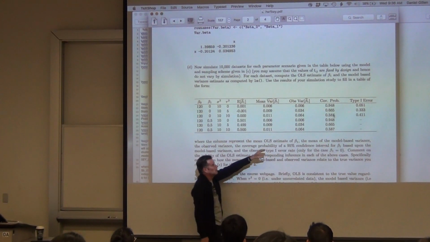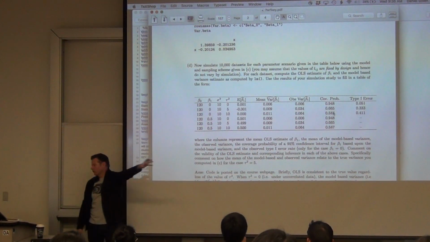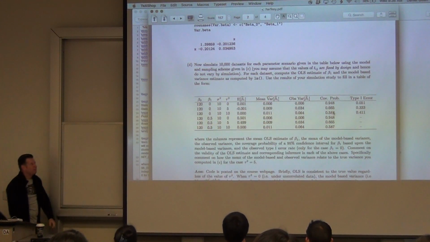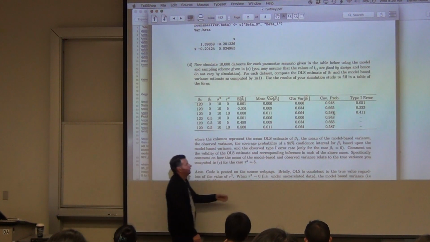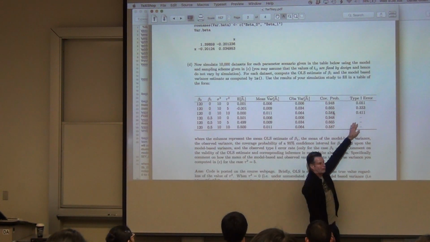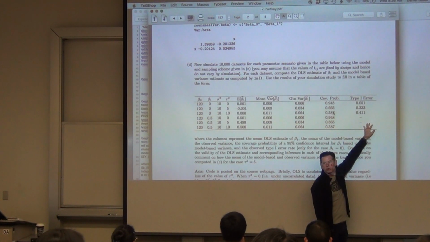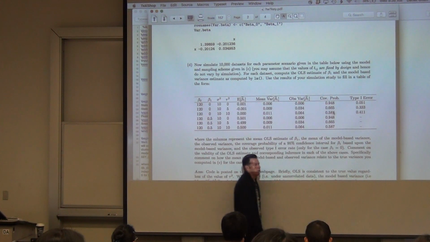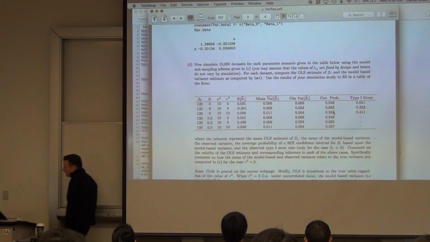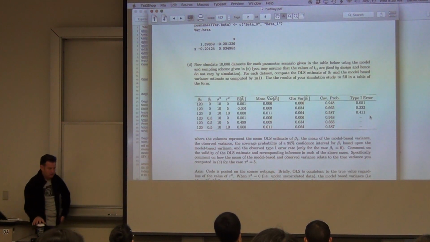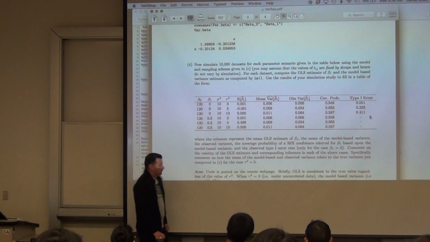That's going to affect coverage probability as tau squared is increasing. And it's also going to drive up type 1 error rates. So this should be enough to tell you that there's an issue. In other words, you think you're making an error 5% of the time, you're really making one 40% of the time. That's a pretty huge error.